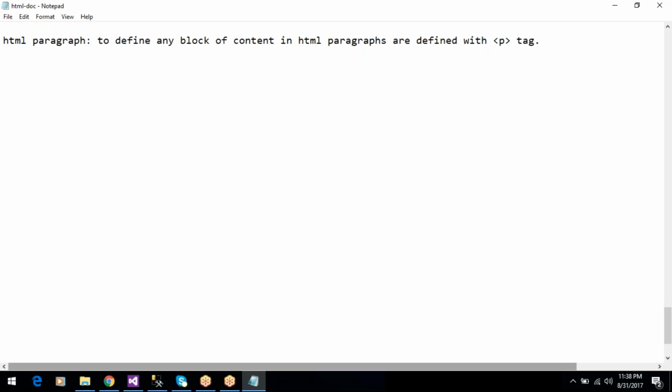automatically add some space before and after each paragraph element. Okay, paragraph element. So paragraph syntax is